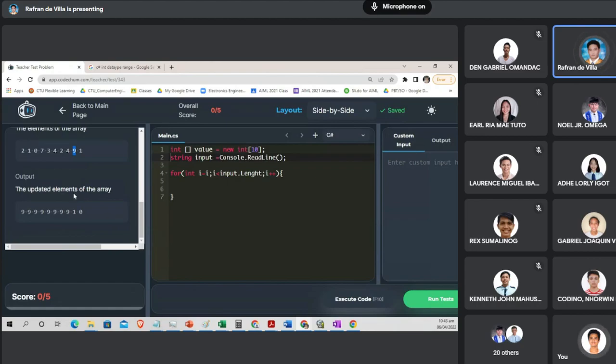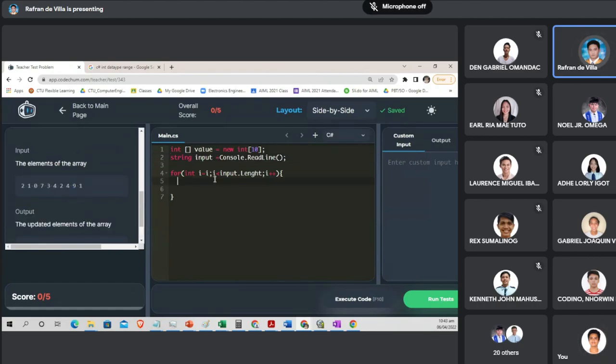Kabantay mo sa given, 0 to 9 lang. So definitely there must be a way for us to know these ranges of value na 0 to 9. And if you have read some of the example, you could actually use